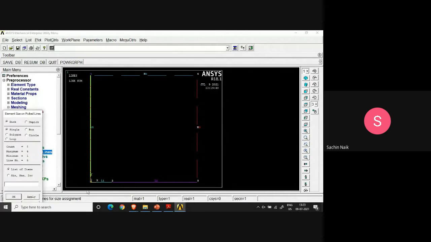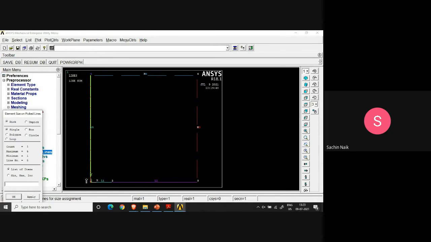And for line number 5, I want the meshing to be finer towards the crack, and coarser away from it, so that a smaller number of elements will cause less computational effort on the computer. So I have chosen line number 5, and I would like to have this gradient in the way this particular line is divided, so that there will be more elements on this side and fewer elements on the other side. Okay, so I want that increase in the element length along this line in a geometric fashion, and therefore we can define what is called the spacing ratio in this case.